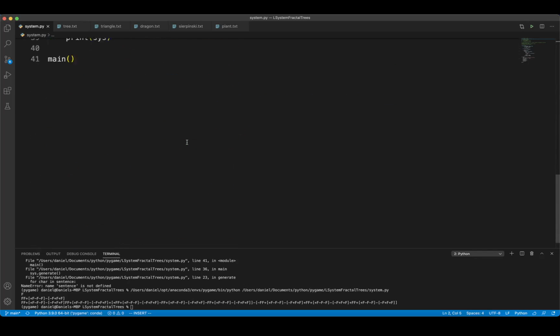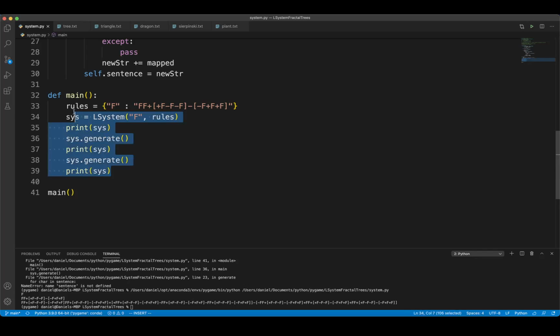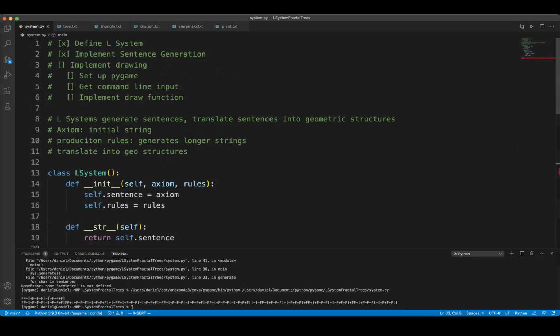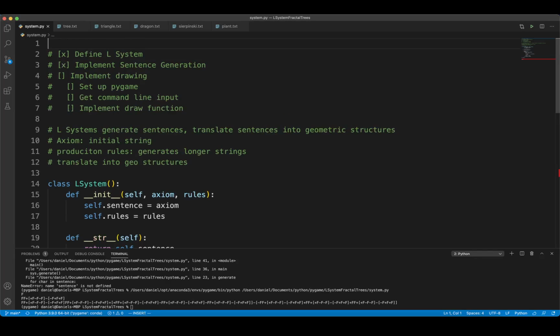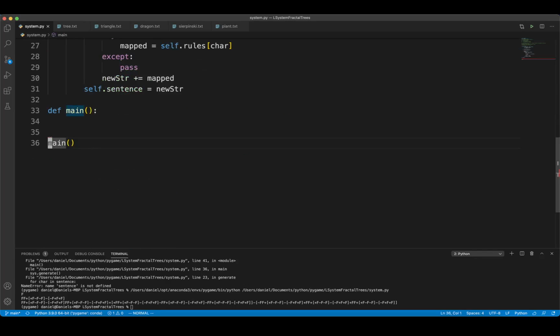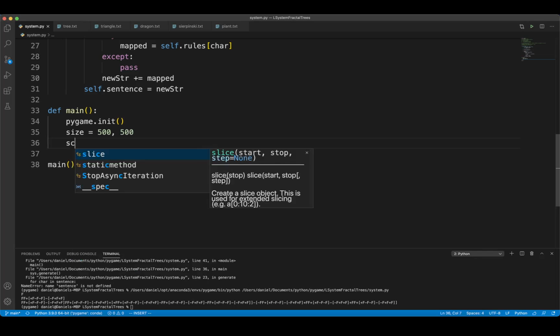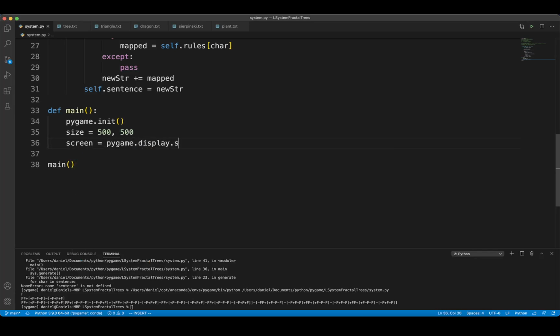Now we have to implement drawing. So we can get rid of all of this. Let's set up Pygame. So we can import Pygame and initialize, get the size of the screen. We can make it 500 by 500. Grab the screen from Pygame, pass in the size,